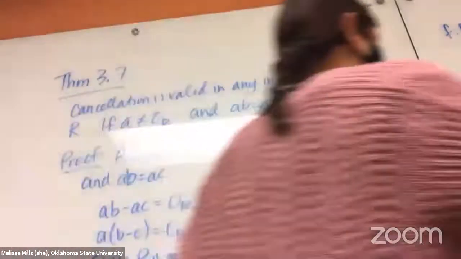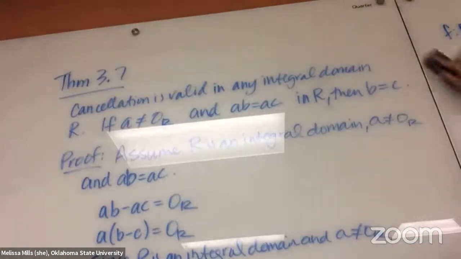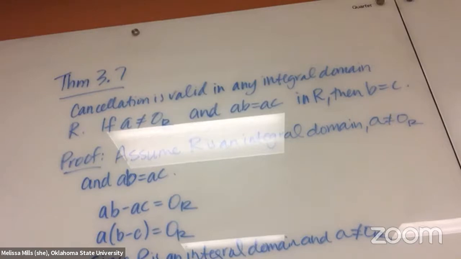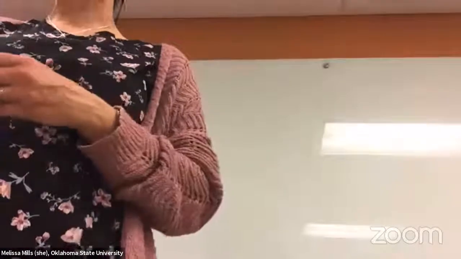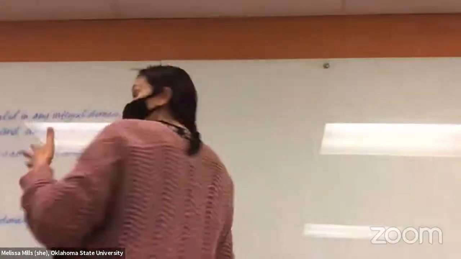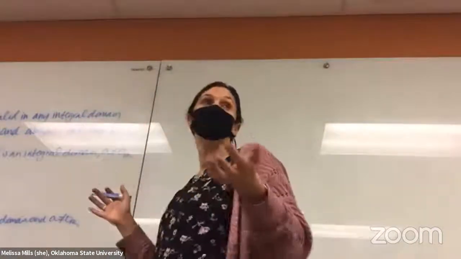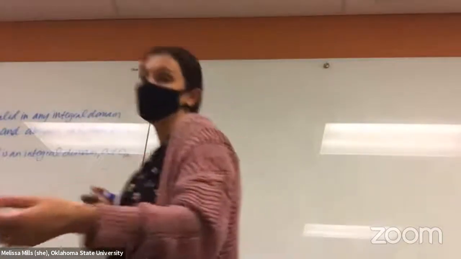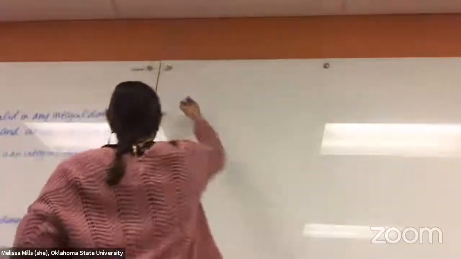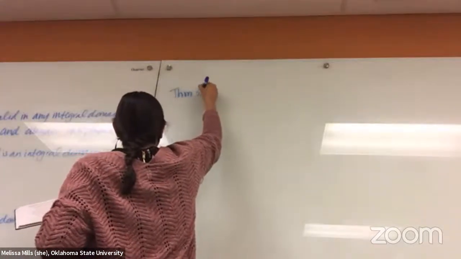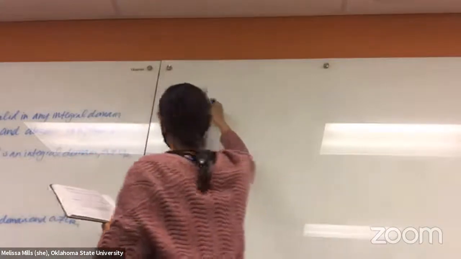Okay, so theorem 3.8. Theorem 3.8 and 3.9 kind of go together. 3.8 says that every field is an integral domain. So if all the non-zero elements are units, that means we don't have any zero divisors. So theorem 3.8 says that every field